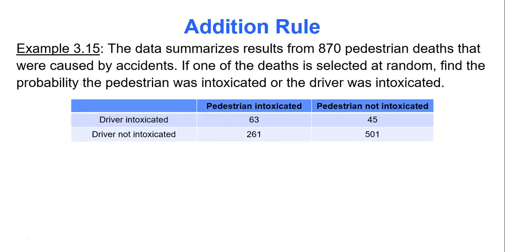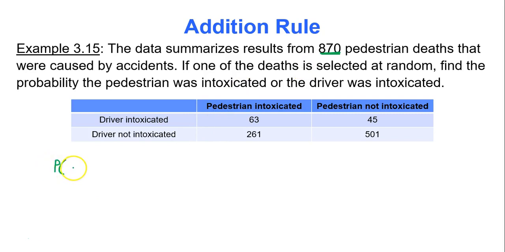Let's do one that's perhaps a little bit more exciting here. The data summarizes results from 870, so that's my sample size here. My total group is 870 pedestrian deaths that were caused by accidents. If one of the deaths is selected at random, find the probability the pedestrian was intoxicated or the driver was